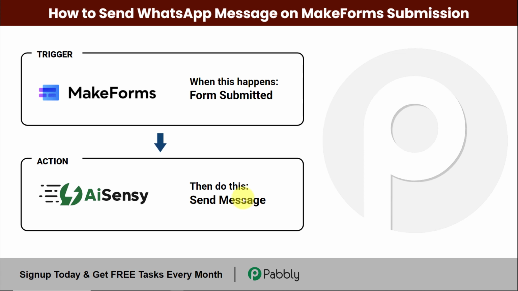You can share the brochure of your company, you can share the product details or the new sale offers. Now to do this, we'll have to integrate MakeForms and AiSensy, and we can do the same using Pabbly Connect. So here my trigger application will be MakeForms and my action application will be WhatsApp by AiSensy. Now to understand how you can integrate and automate this entire process yourself without the need of any coding skills,